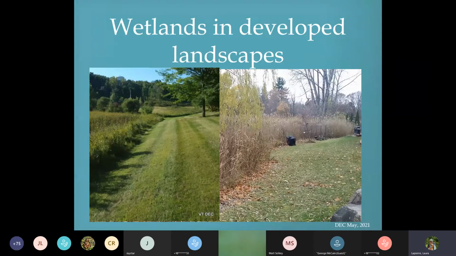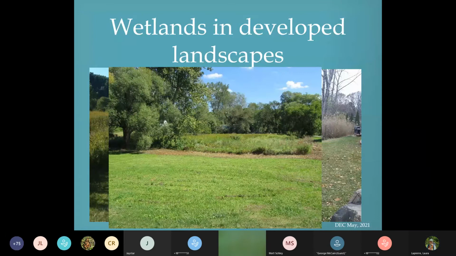Wetlands in developed landscapes can be hard to spot because of the disturbance, such as mowing. Often those areas are the only ones to be underdeveloped or mowed less frequently. So here you see the wetland is in the rough grass, not in the mowed area. So be suspect of those rough and wild patches during the dry time of year, because those may be your wetlands.